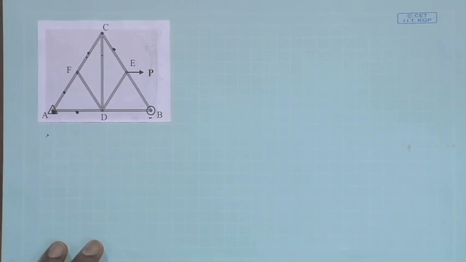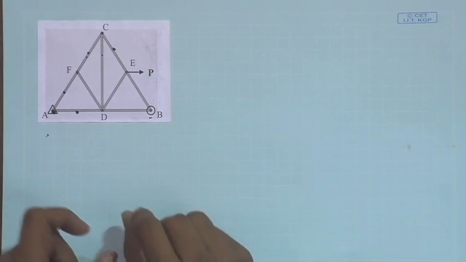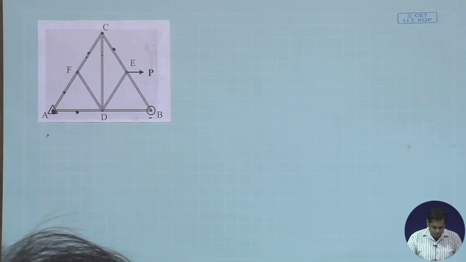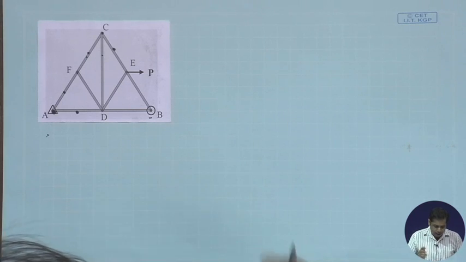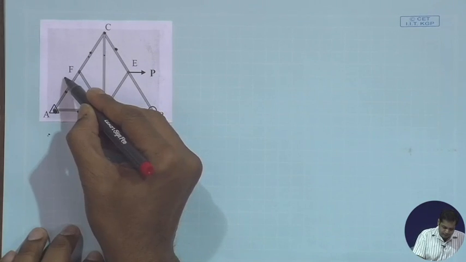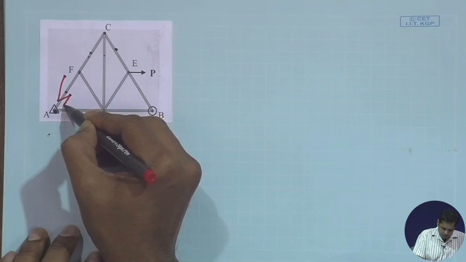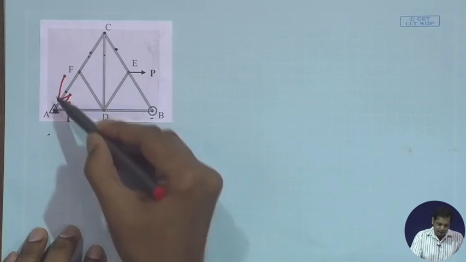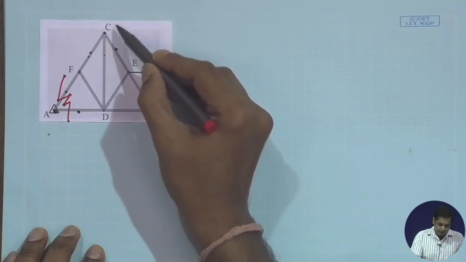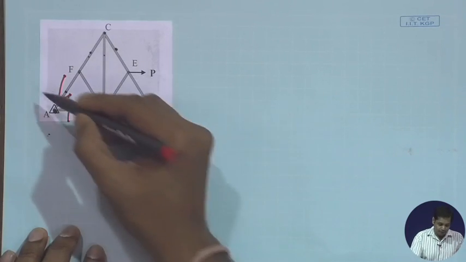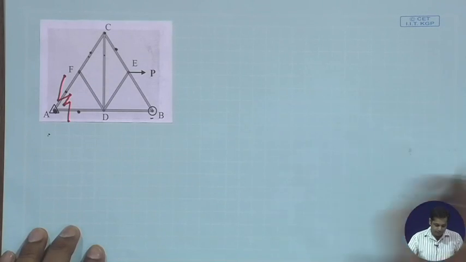Okay, first, suppose for instance I break the structure here. So now I have two parts in the structure, one part is this and another part is this. What will be the free body diagram of this part? If I draw the free body diagram of this part and the free body diagram of the other part, the free body diagram of this part will be, you see,